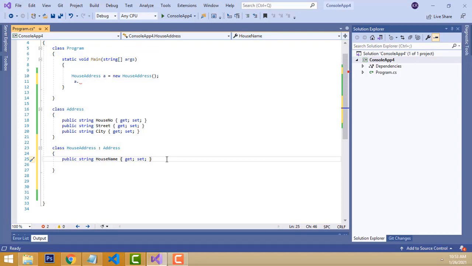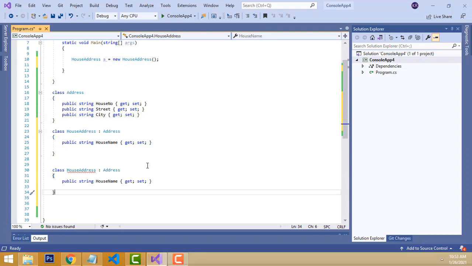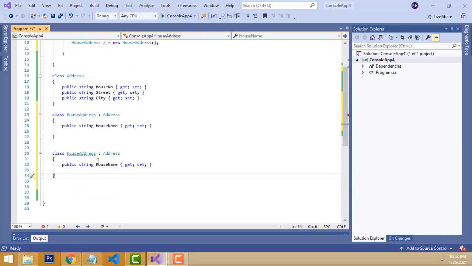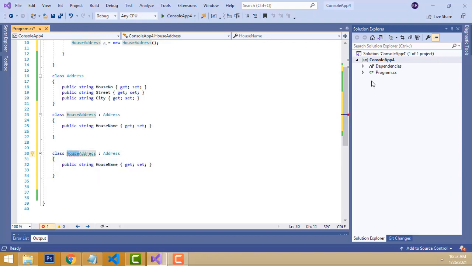Now imagine I need to create another class. Control C to copy, Control V to paste here. Now I am going to name this class ShopAddress. I have a different address class.